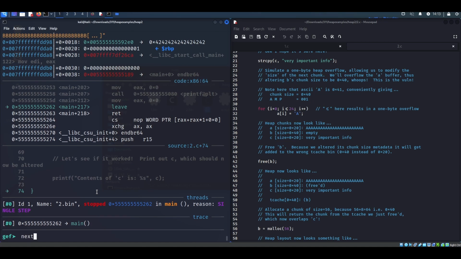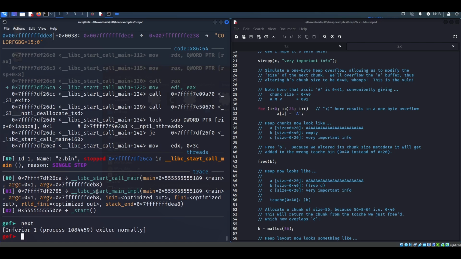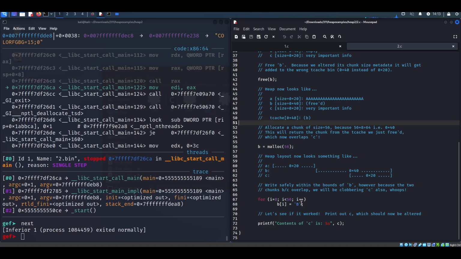why is this print statement not working? Oh, because it can't find C anymore. No, well, point still stands. You could overwrite that security information. Also, if we had called B at any point after that overflow,